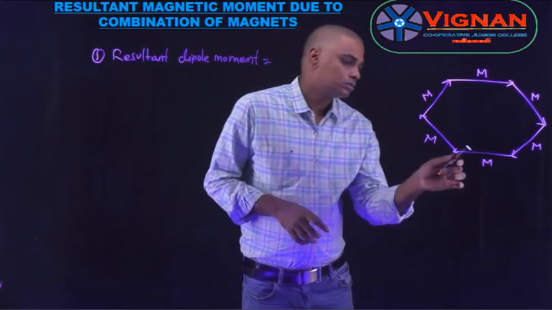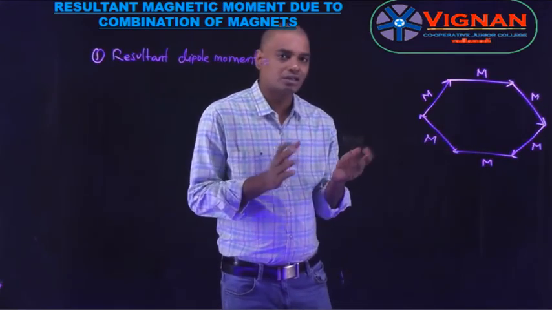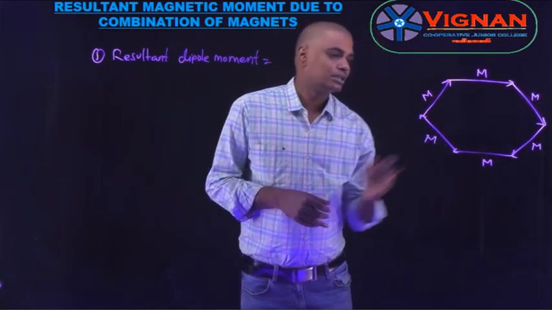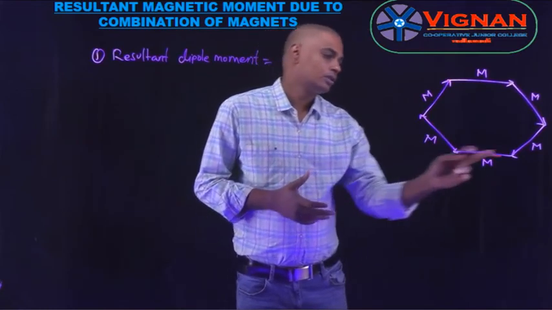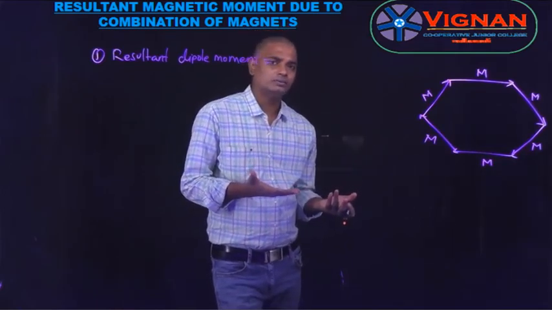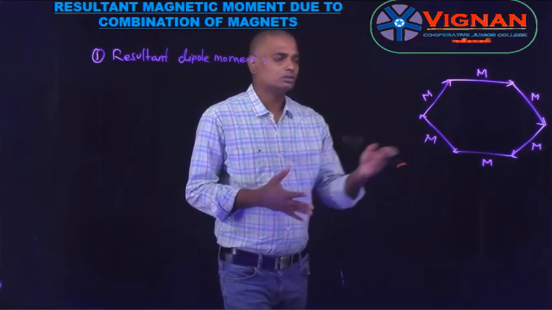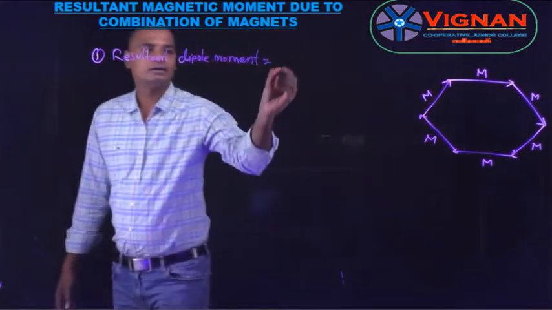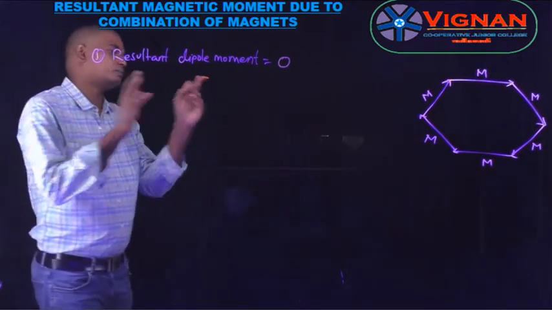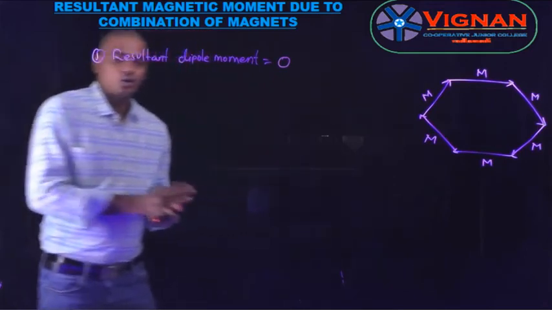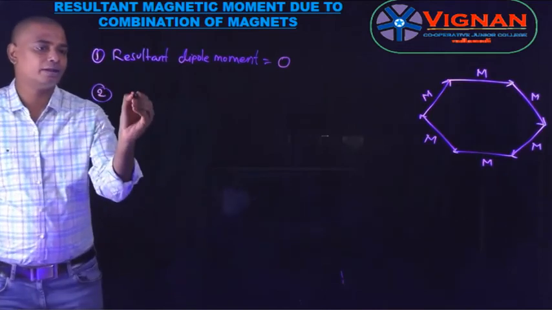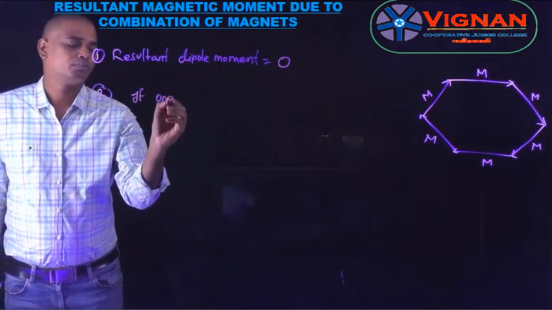You can observe these two, both in opposite directions, so they cancel each other, 0, as the magnitude is equal. And in these two, the directions are opposite, magnitude equal, 0. Similarly, in these two cases, the magnetic dipole moment will be 0 as the magnitude is equal and directions opposite. Therefore, the total resultant magnetic dipole moment will be 0. Simply by observing the diagram, you can say it. So, my next question is, what is the resultant magnetic dipole moment if one magnet is removed?